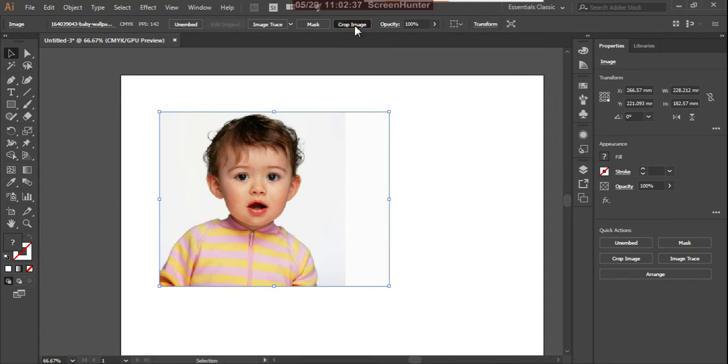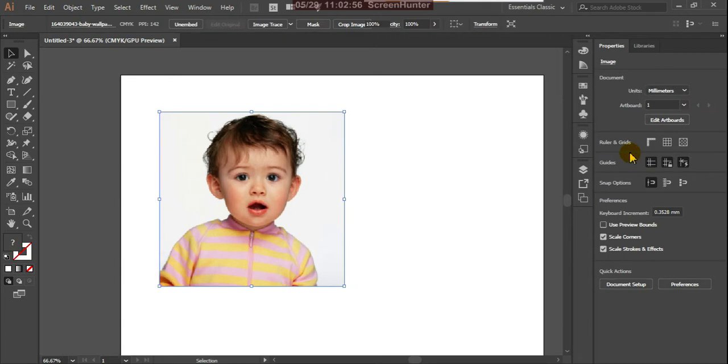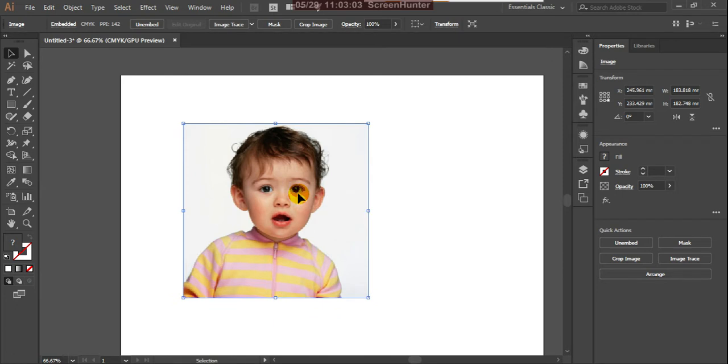So when you click on that, this crop area is displayed, and you can get your area. After getting that, there is an apply button. Or otherwise in the properties bar there is an apply button. Just click on that. So it is trimmed nicely. Okay, you can crop. So select that area and crop.